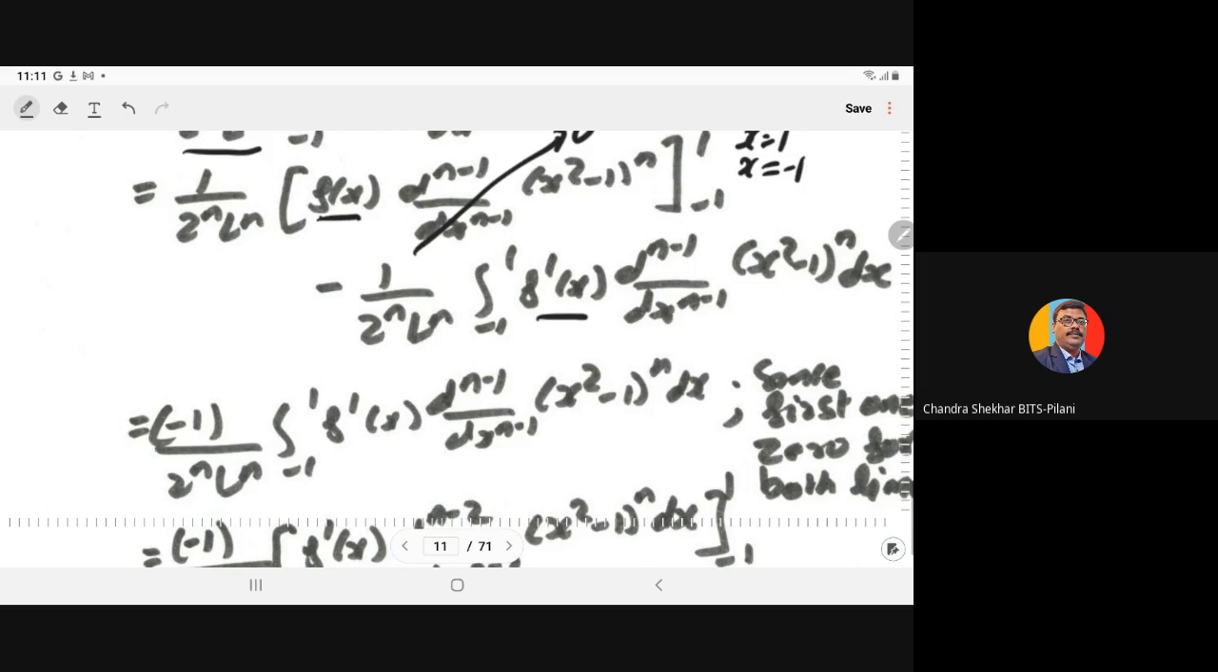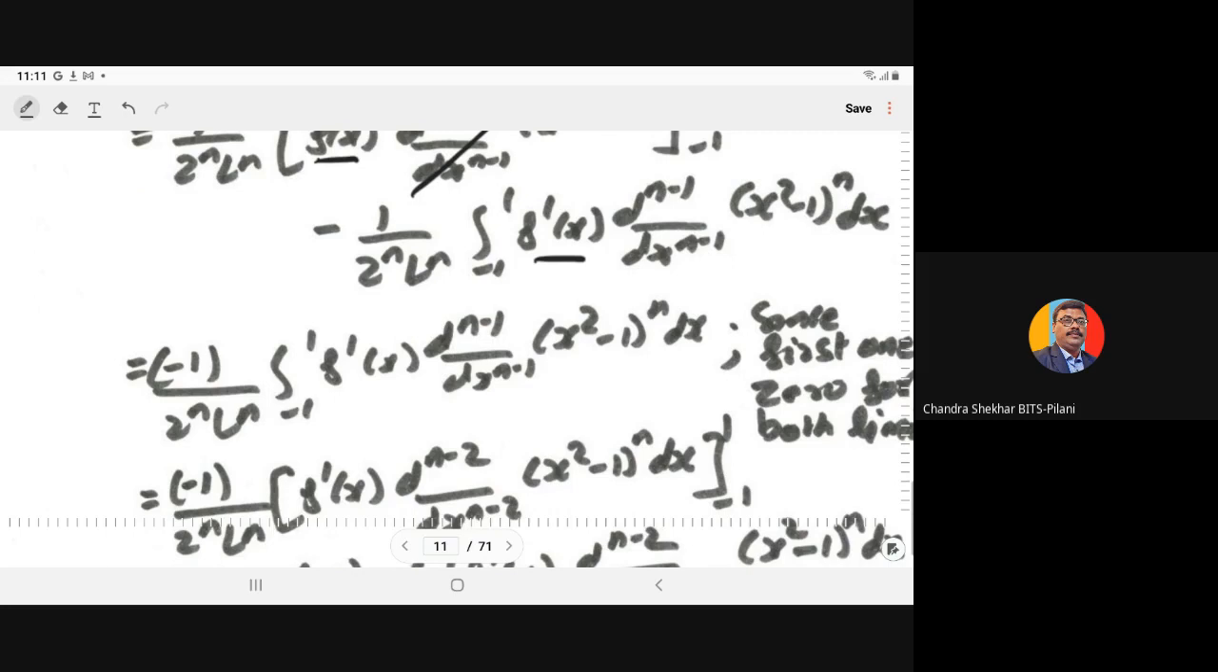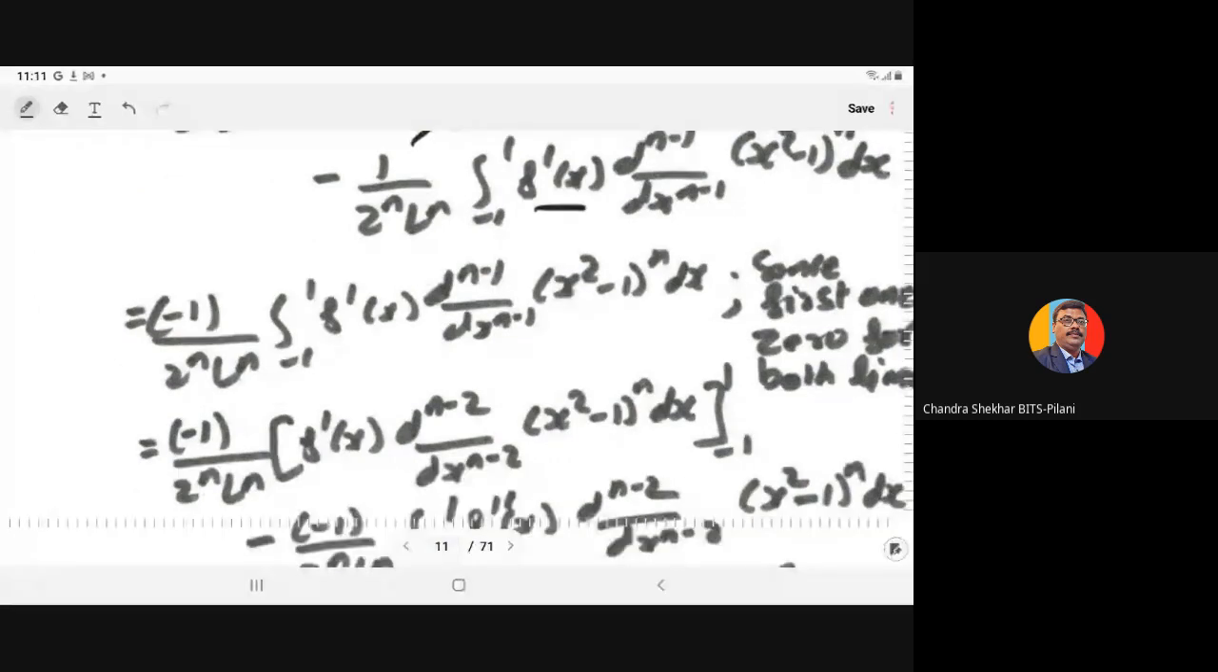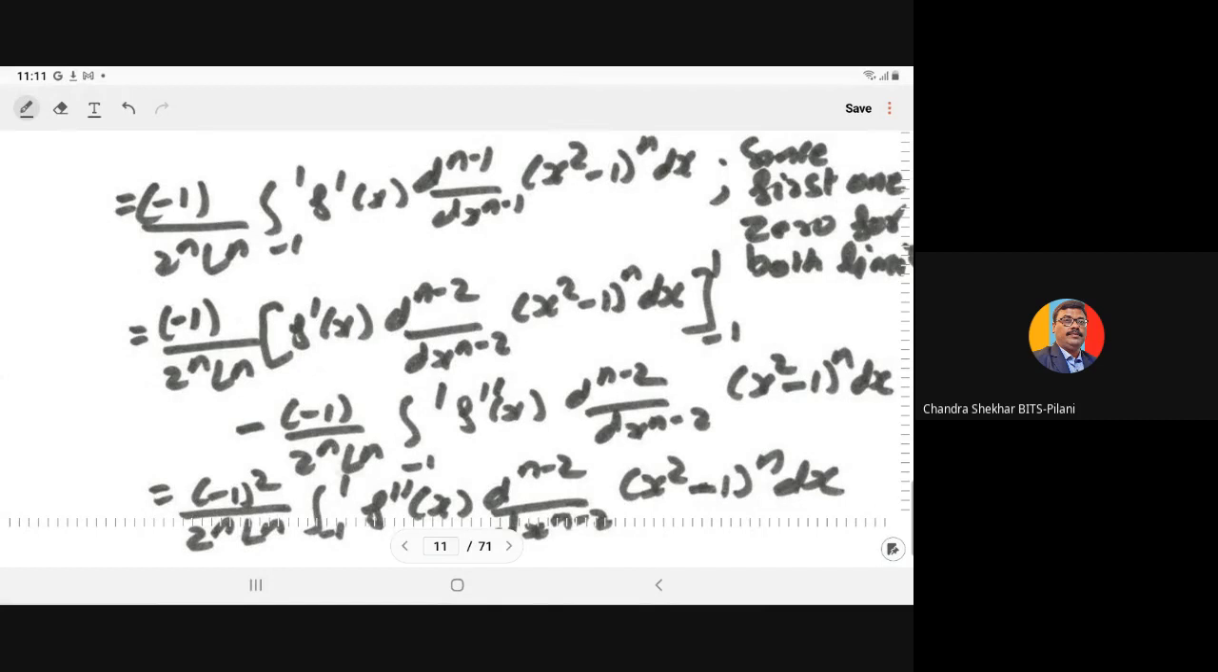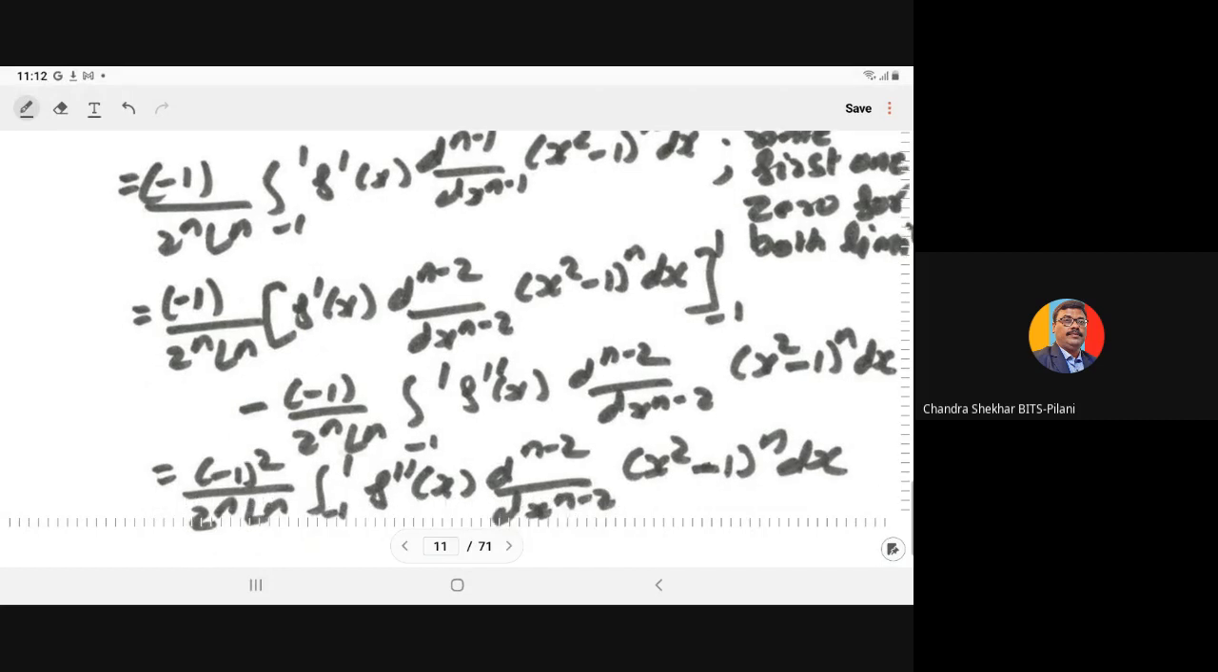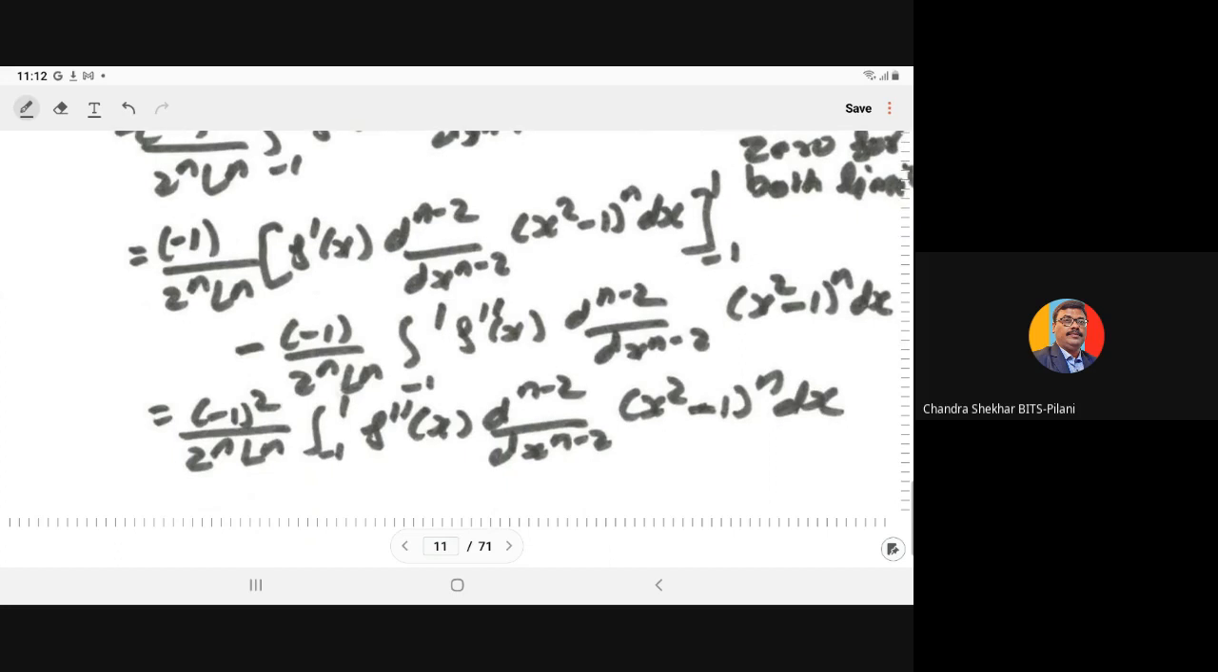F dash and the (n minus 1)th derivative of the derivative with respect to x of (x square minus 1) power n into dx. Then after the same thing we will repeat. So here you will get by parts again, you will repeat. So you will get (minus 1) power 2 upon 2 to power n factorial n, integral minus 1 to 1 f double dash. The same with the same logic when you repeat. So you will get (minus 1) to power 1, integral minus 1 to 1 f double dash x and